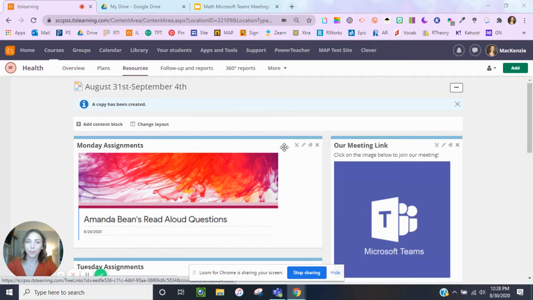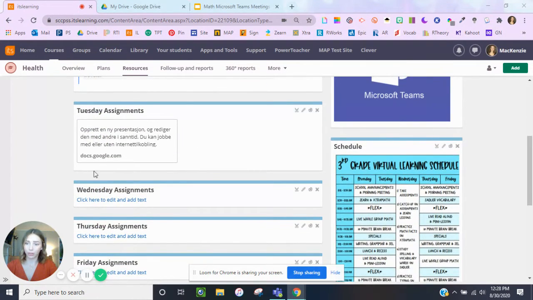Everyone, Mackenzie here. In this video, I'm going to show you what to do if you have embedded a Google Slide or a Bitmoji Classroom and it looks like this on your page. I'm not even really sure what language this is, but I think what it is saying is that you have your share settings on that Bitmoji Classroom or on that Google Slide set to where only you can see it,